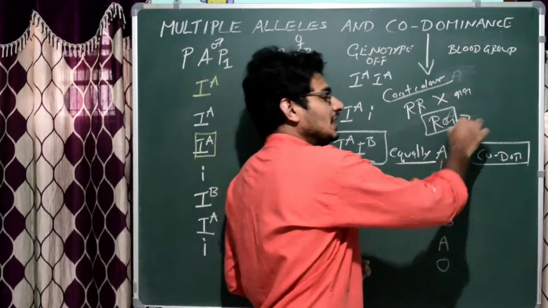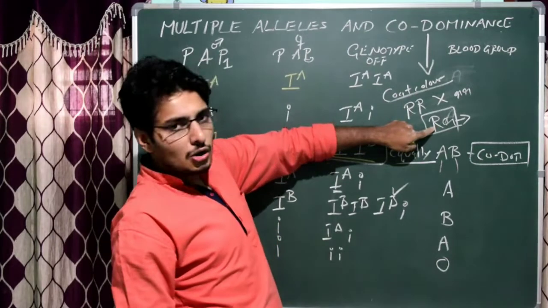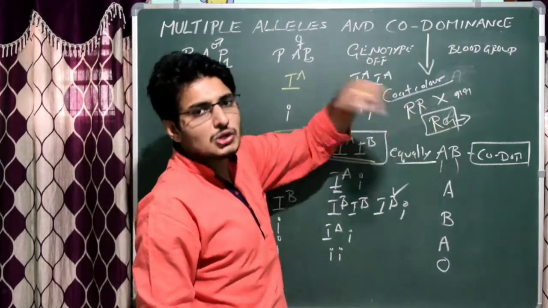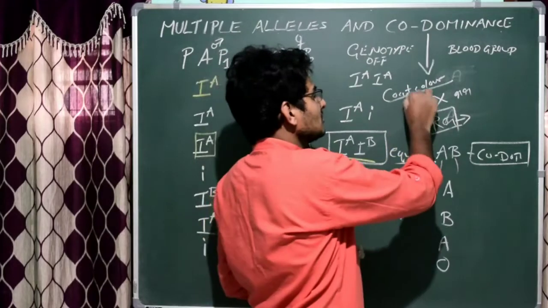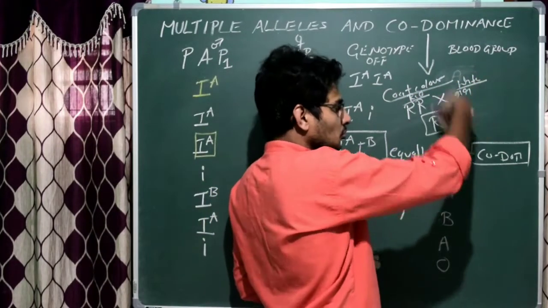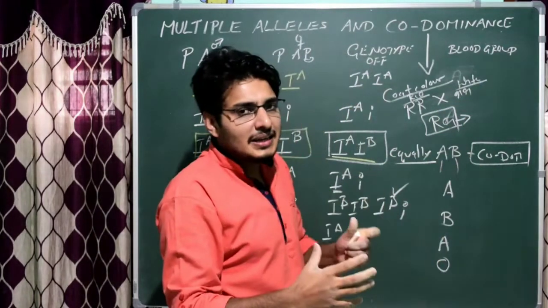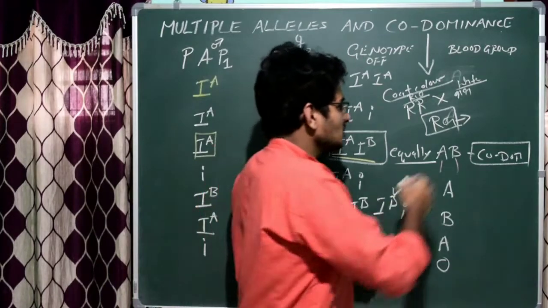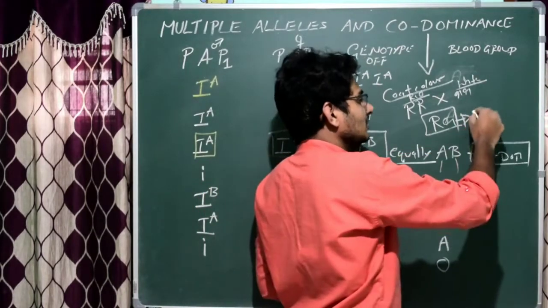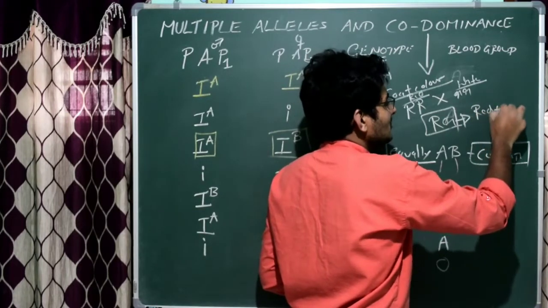Okay, but here, because of the codominance, where the capital R is also expressed, and small r is also expressed, here this is red color, the father is red color, whereas the mother is white color, and due to the cross between these two, obviously you get intermediate offspring, which shows the intermediate character, that is the cattle with both red plus white color.